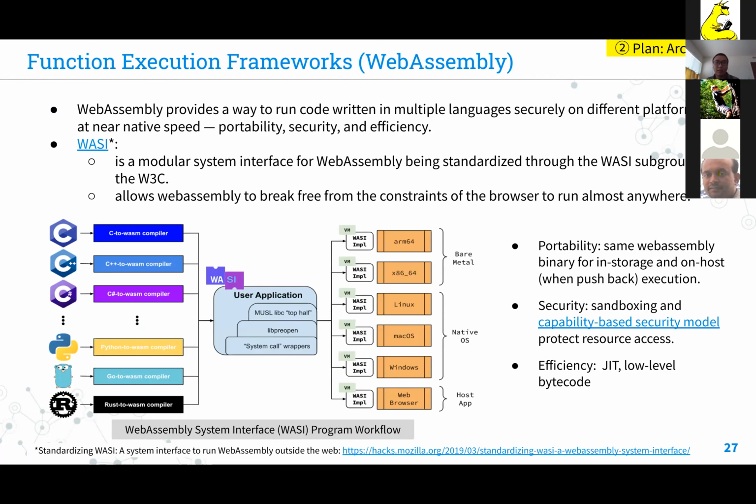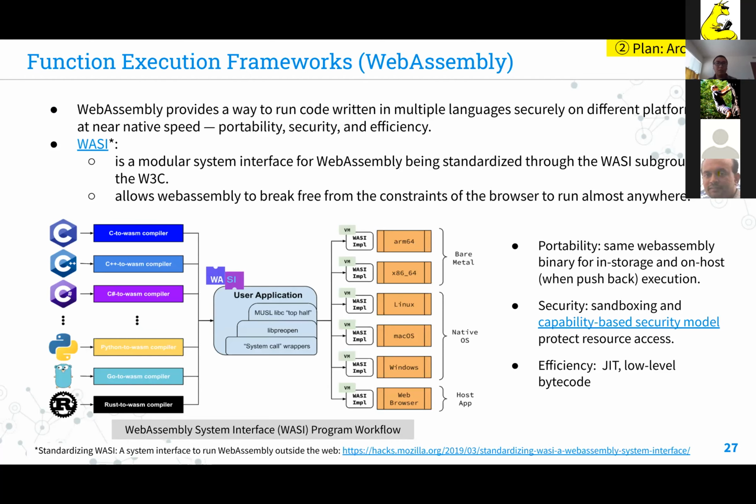Because it creates such a nice abstraction for different programming languages, the WebAssembly community would like to extend this abstraction such that a program written in WebAssembly is not just able to call the web API, but also the system API.